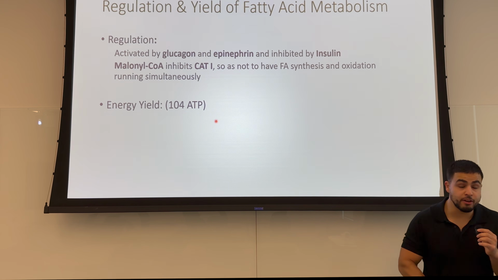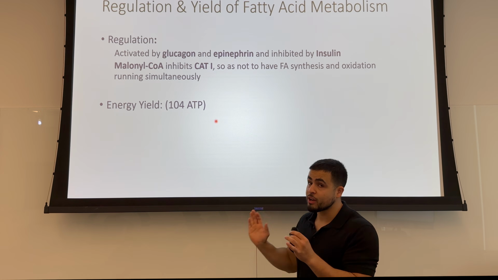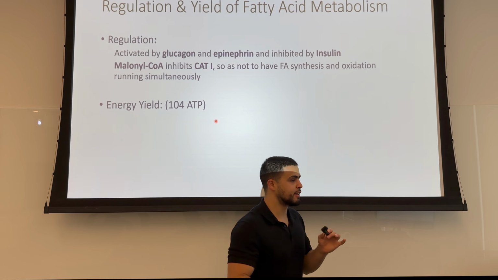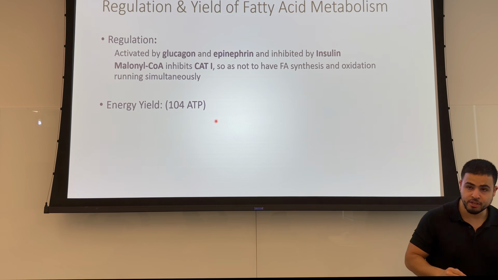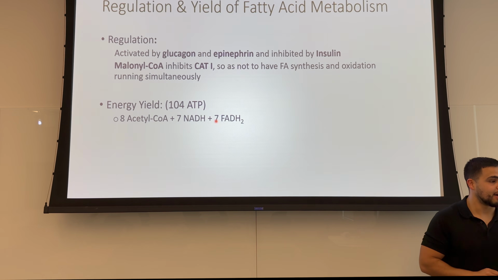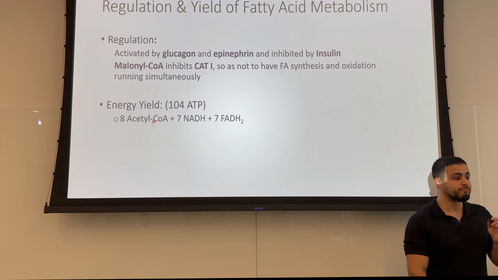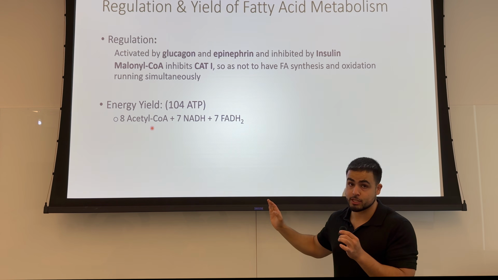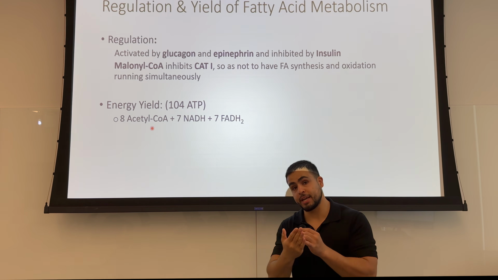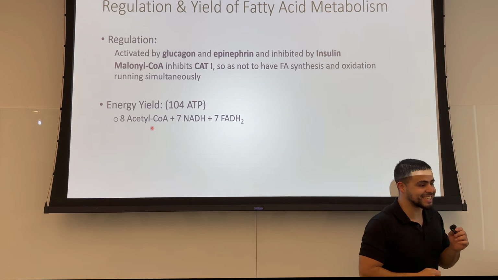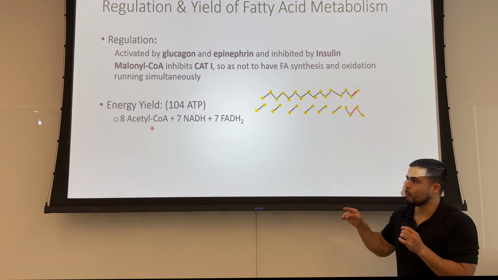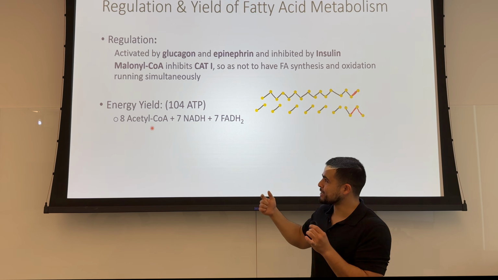Okay, so when it comes to energy yield, you get a whopping 104 ATPs per palmitate molecule. Again, feel like I'm selling my product to Shark Tank over here, but these are the numbers we have. So 8 acetyl-CoAs plus 7 NADHs plus 7 FADH2s. These are the outcome of breaking down one palmitate 16-carbon molecule. So then, I just want to make it clear why you get 8 acetyl-CoAs, but you're only getting 7